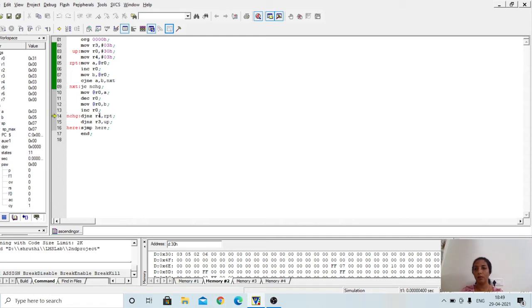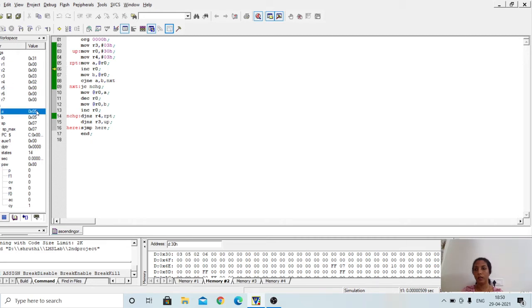So R4 is decremented. If R4 is not 0, the loop should be repeated, right? The next two consecutive elements have to be compared. So since it is not 0, the content at the address pointed to by R0 register, that is R0 is pointing to 31H location, that is 5, will be taken to A register.